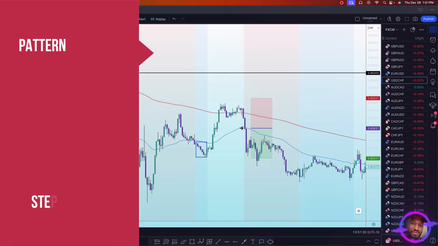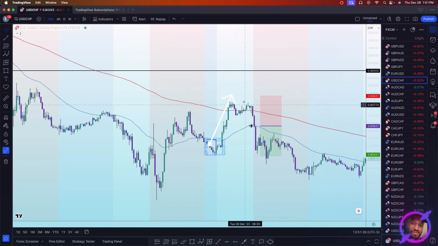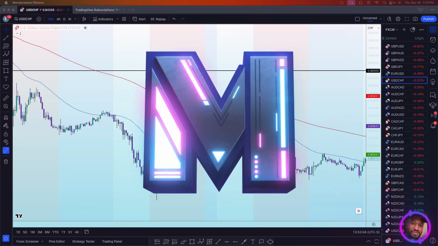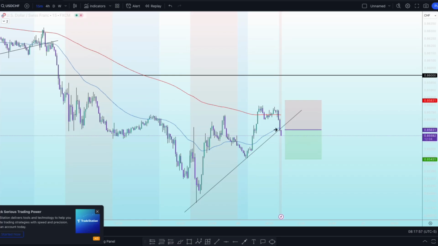Lastly, I'll talk about the pattern formation. We have a break of the Asian consolidation area. The market will move sideways for a few minutes, and then it'll create a pattern. And that pattern was an M formation. We had a very strong confirmation candle, and it also broke below the 50 EMA. I entered right after the close of the candle